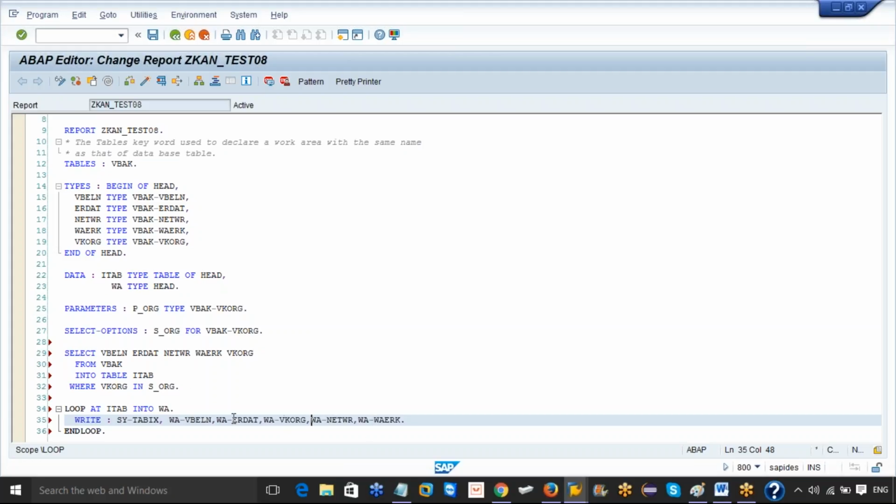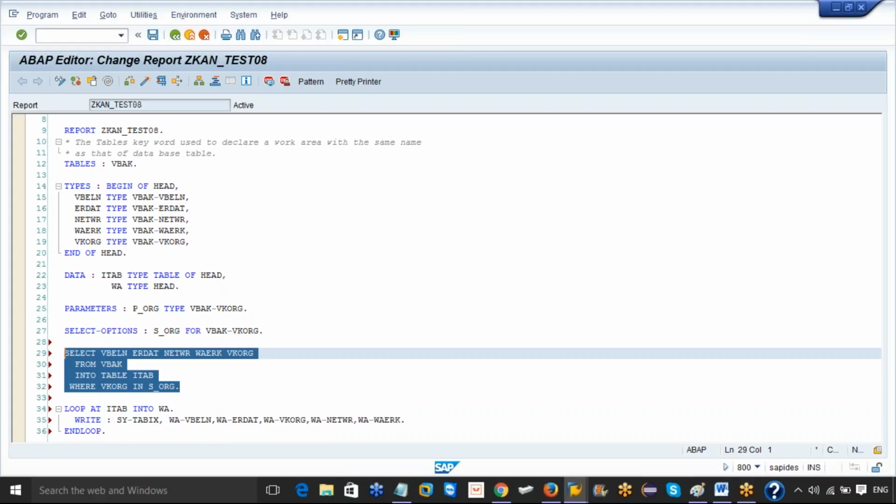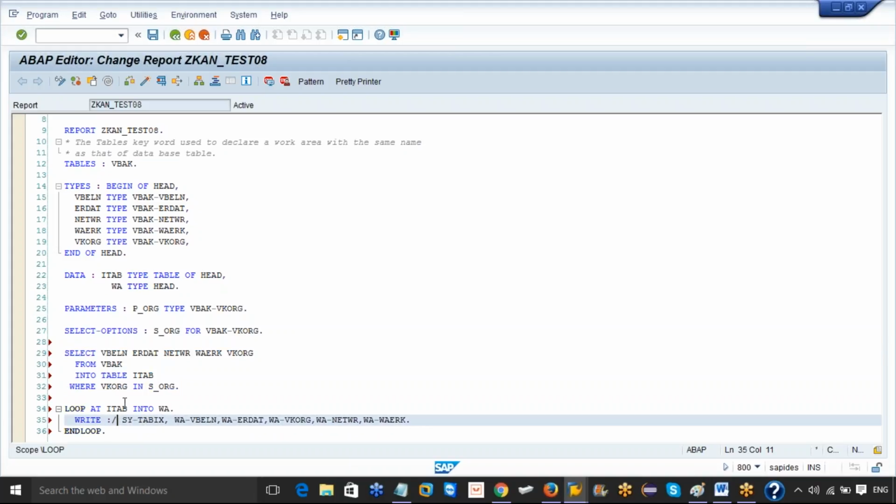Even if you change the order of the fields while you are displaying the output, it's not a problem. It's not a performance issue. But when you are getting the data, then the performance issue will come into the picture. So you need to maintain the order in the structure, and write the order in the select query also in the same way. But while writing the output, you can use your own formatting. So let me save, check, activate,